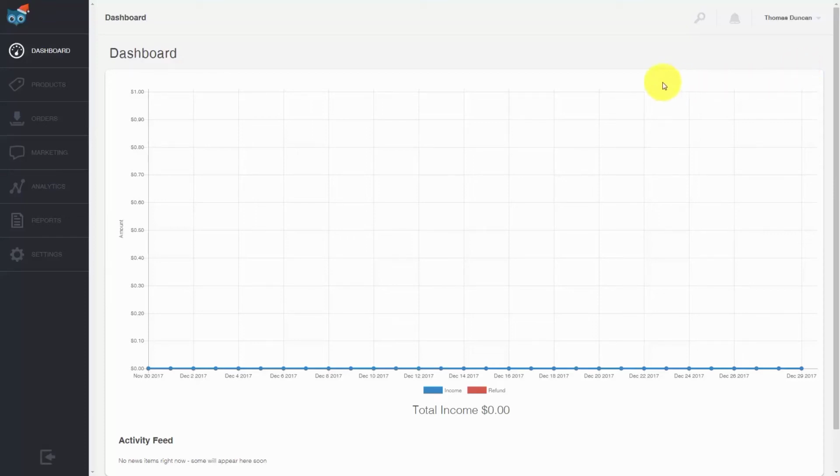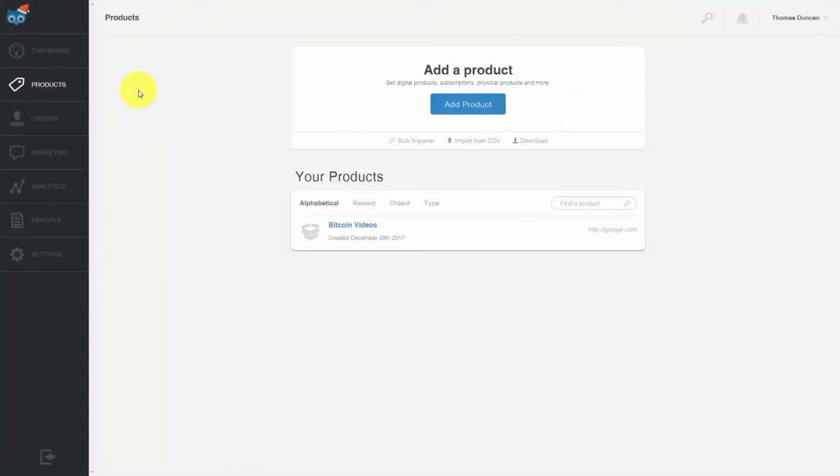Welcome back. Now in this video, we are going to start by creating a product inside of Sendout. And we are actually in the dashboard. So what we're going to do is go to the products link, and then we're going to